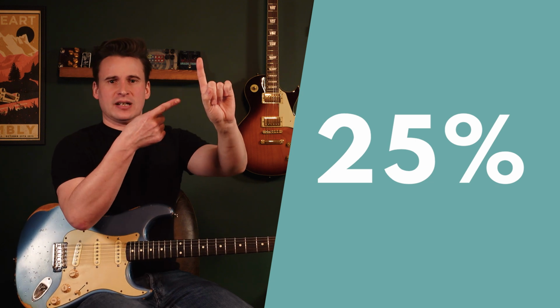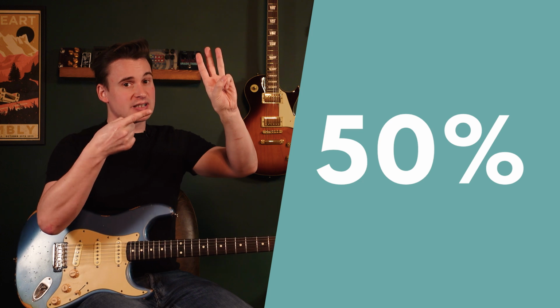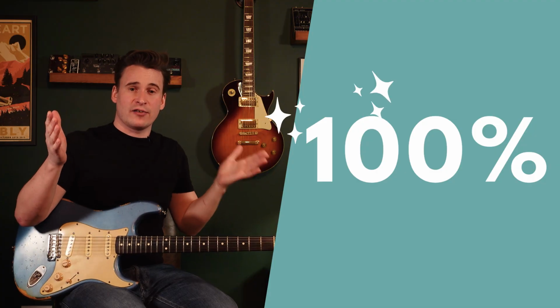Now there's 25% in each finger, so we use 2 fingers, 50%, 3 fingers, 75%. We need to unlock 4 fingers right from the start and unlock 100% of our potential